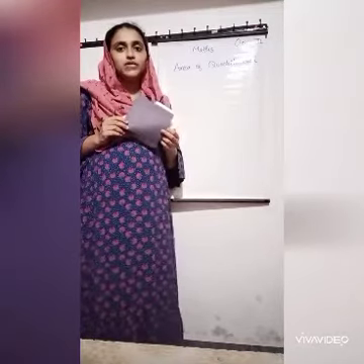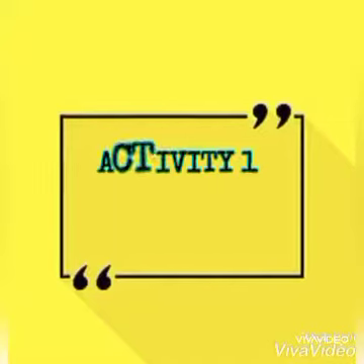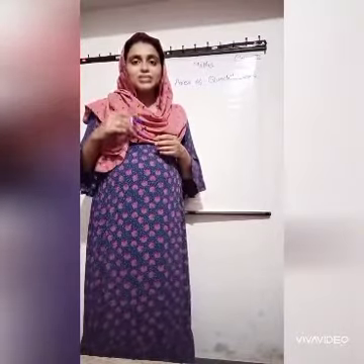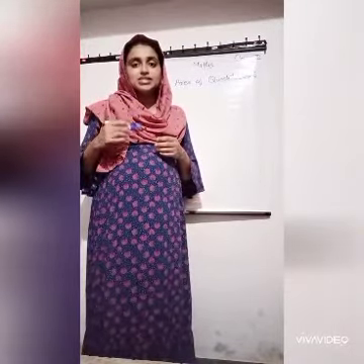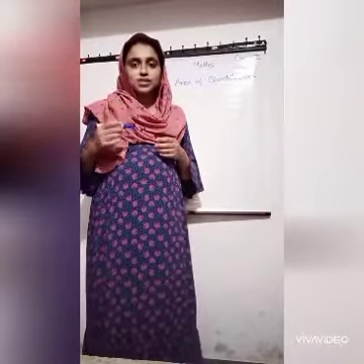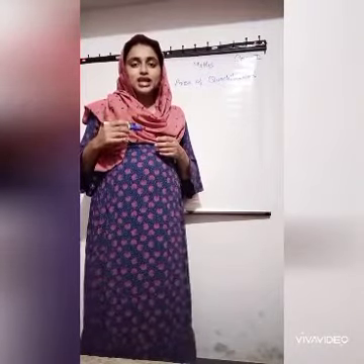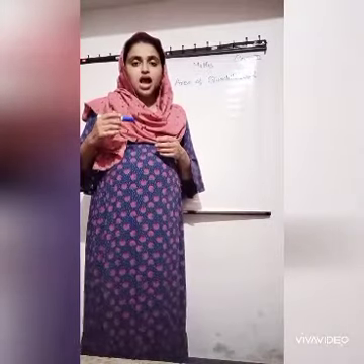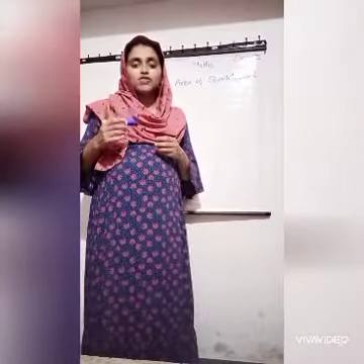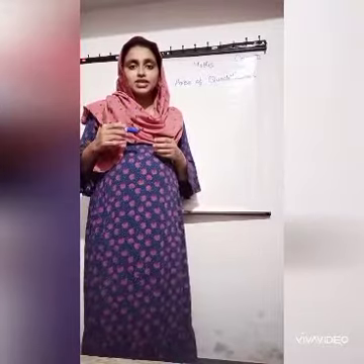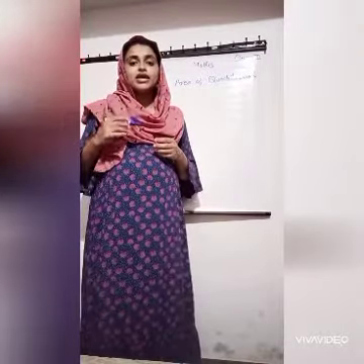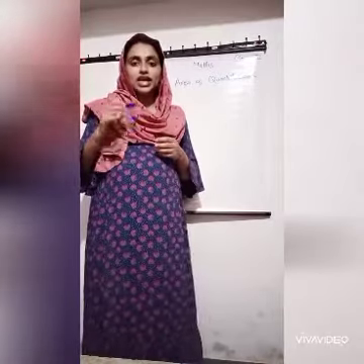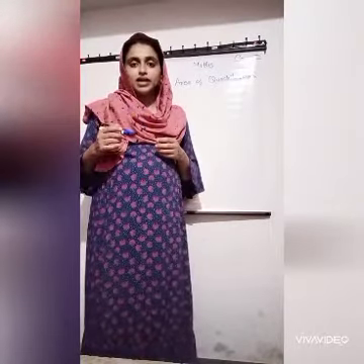Now we can move to our chapter. I think all students understand the major differences and similarities between a square and a rhombus. Now we are going to study the area of a square and the area of a rhombus. I hope all know the area of a square if one side is given, isn't it? What is the area of a square if the side is given? Very good. Area is equal to side into side.